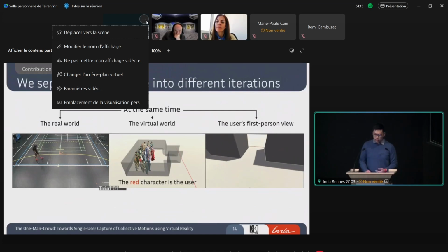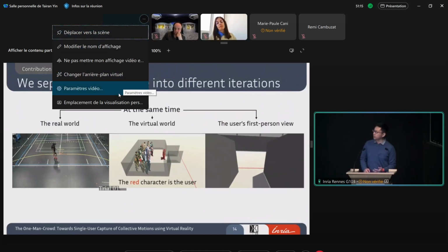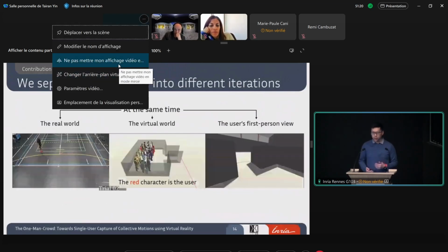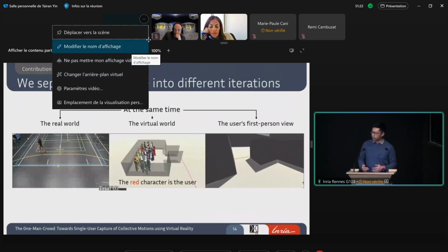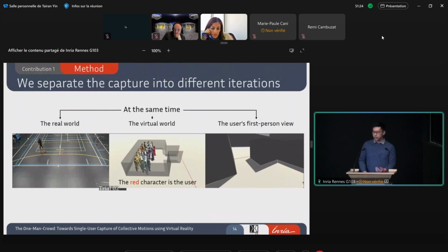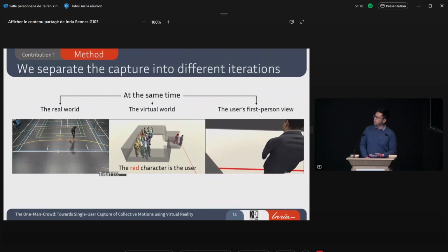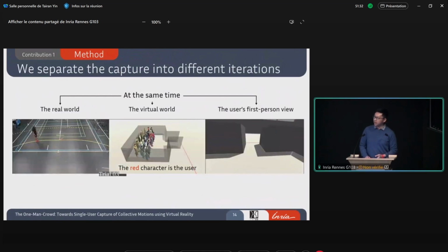So in the first trial, we ask the user to pass through the bottleneck until he passed the red line. And during this process, we record the user's data, the motion and animation, and then we're going to reuse it. And now we enter the second trial, and you can see there's another person walking in the bottleneck. And that person is actually displaying the data, the animation of the user that we recorded during the first trial.